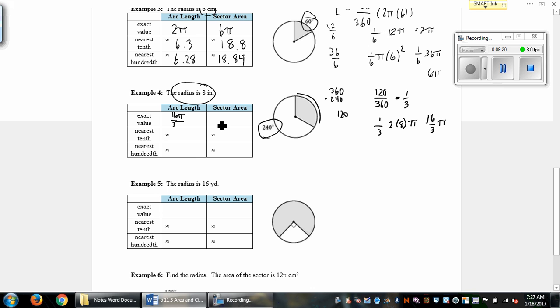And then for our sector, we're going to do the same thing, 1/3, except now it's going to be the radius squared times pi. So this is going to be 64 divided by 3 pi. I can't divide 64 by 3, so we're going to leave it as 64 pi over 3. And so now multiplying this, you're going to want to multiply 16 times 3.14. And then once you do that, divide the result by 3. So that's going to give us